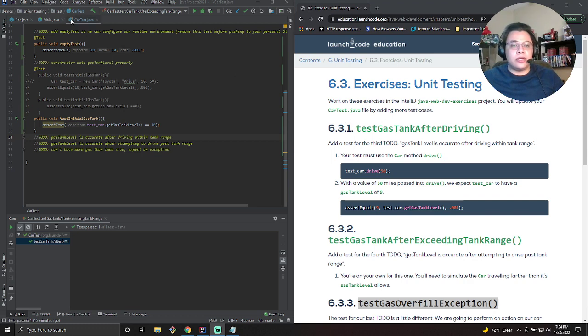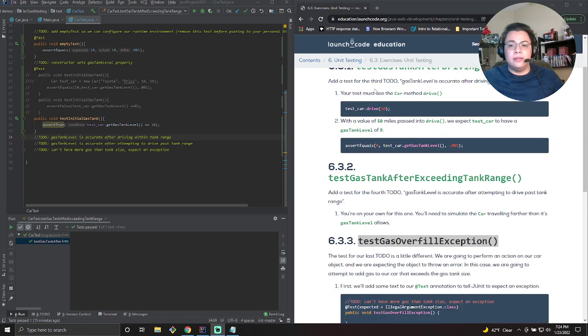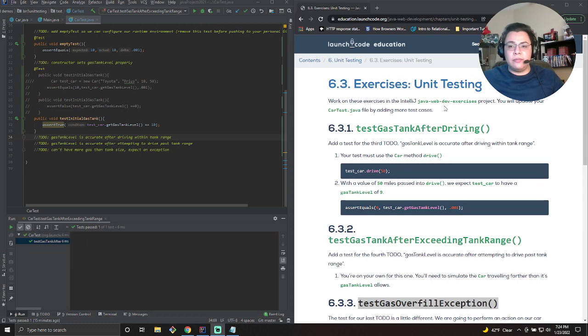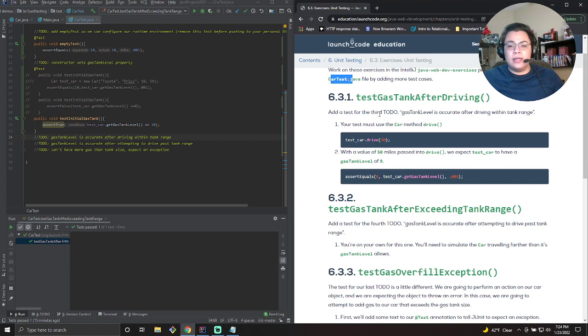So we're still working in our CarTest.java class, as stated here, and we're going to add 3 test methods. The test gas tank after driving, which is our third to-do: gas tank level is accurate after driving within tank range. So we have to do our test. We have to use the car method drive, and with a value of 50 miles passed in the drive, we expect test car to have a gas tank